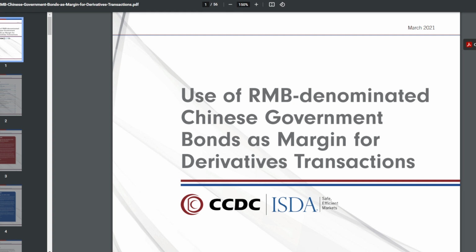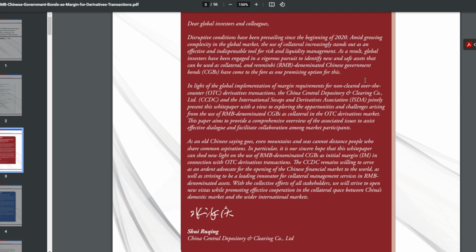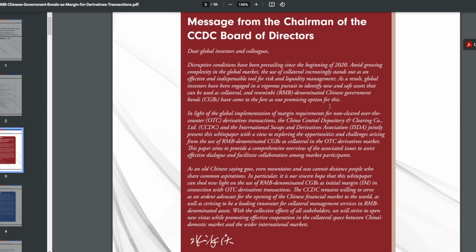So these guys are saying that, hey, we're proposing and making a case to use Chinese government bonds as the margin for this, right? And this is a relatively long document, but just to go over a few certain parts of it and give you guys a basic level of understanding, right? So we're looking at Chinese government bonds, which they're looking at as a promising option to meet